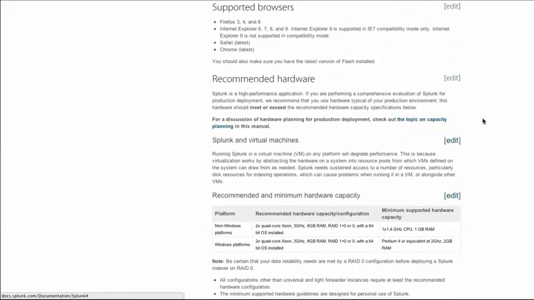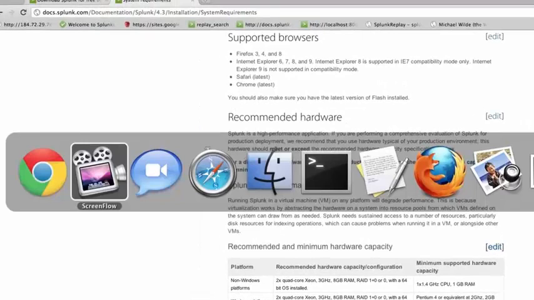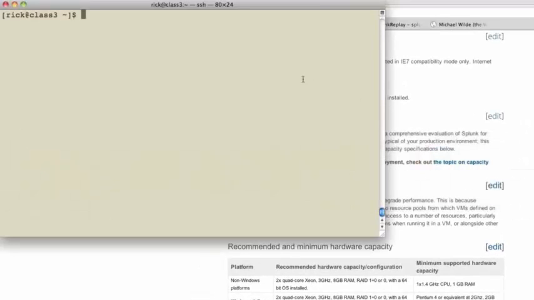I'm going to go ahead and jump over to my terminal. I'm going to be installing on Class 3, one of our training servers today. You don't have to install Splunk as root, so I've already set up a user account. I'm just going to install it as Rick, so I'm working in my home Rick directory. Now I've already cheated and downloaded the tarball. You'll see I'm using 4.3